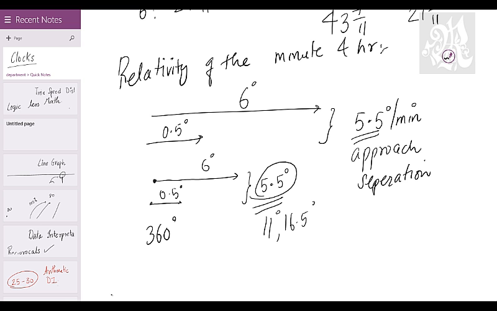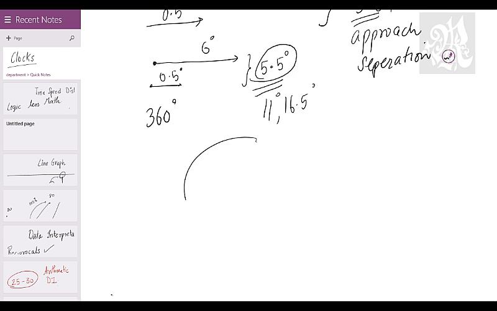They are back again. Got the point? So what happens is, it's like this. It's changed like this. See, here is the minute hand. Here is the hour hand. They are together. First minute, the minute hand goes ahead. Second minute, the minute hand goes further ahead. Third minute, etc., it will keep going.